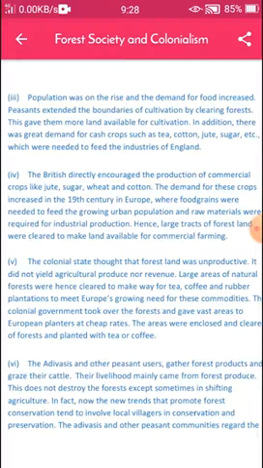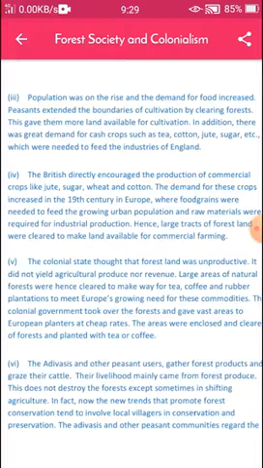The demand for these crops increased in the 19th century in Europe, where food grains were needed to feed the growing urban population and raw materials were required for industrial production.